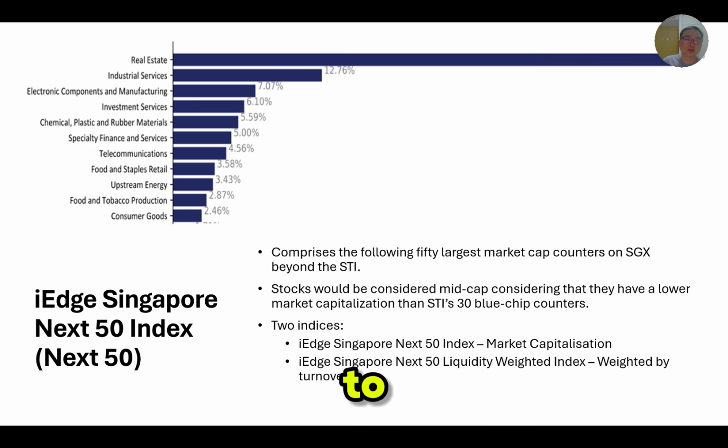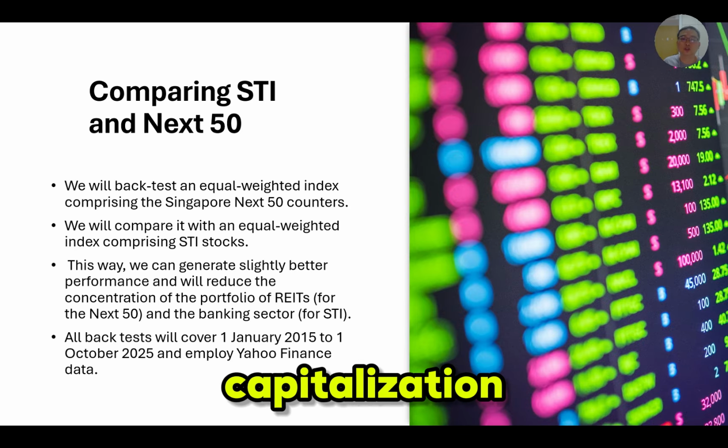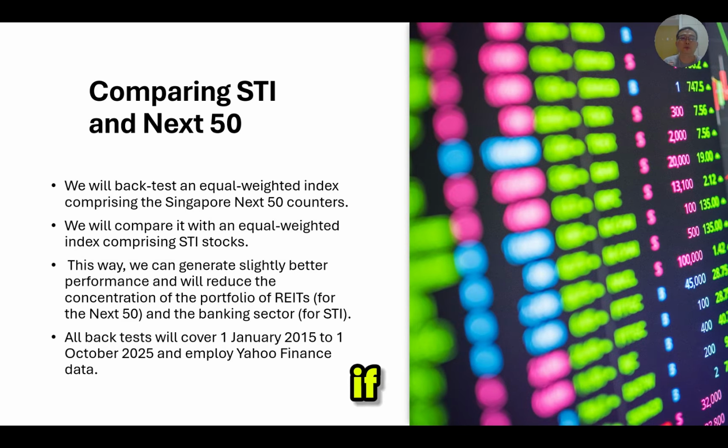indices. And I just like to remind everybody that the IH Singapore Next 50 Index is dominated by real estate investment trusts. Okay, and about 50% of the market capitalization, or sorry, 42%, if you allocate your money into this Next 50, most of the amount of money will be real estate investment trusts. Okay, all right. So it's a very new index, so I'm not going to crunch a lot of numbers on it. And the fact that it is now an index would mean that more money would be flowing into these